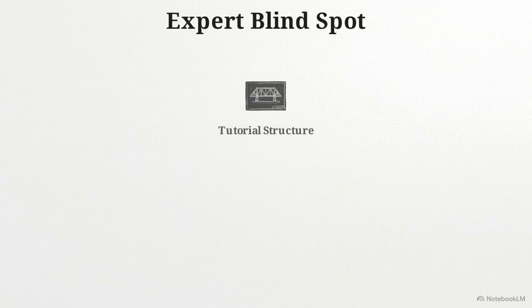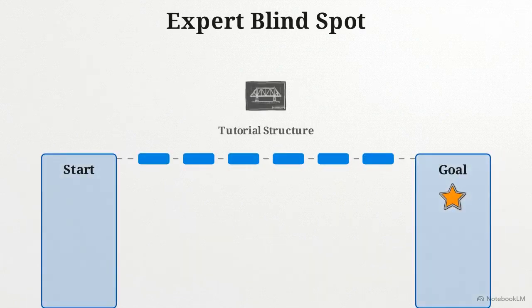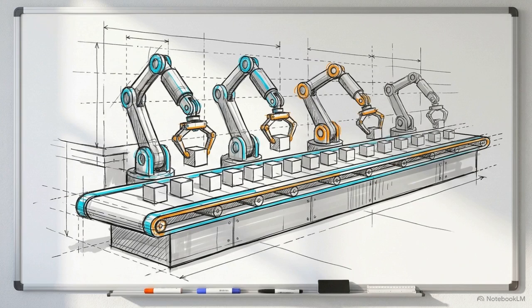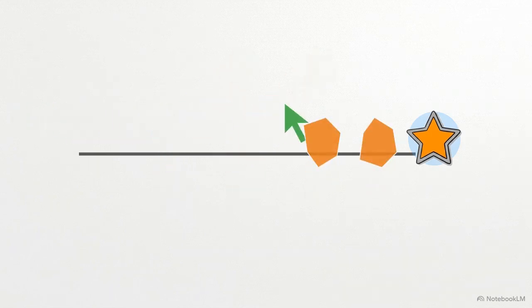This animated blueprint demonstrates the expert blind spot. When an instructor knows a process perfectly, they often skip microsteps that seem obvious. For a beginner, those omitted instructions act like missing planks on a bridge, causing the learning process to fail. Effective teaching requires engineering a step-by-step assembly line for the user's brain. The goal is to remove all friction from the path, so working memory is reserved entirely for the task at